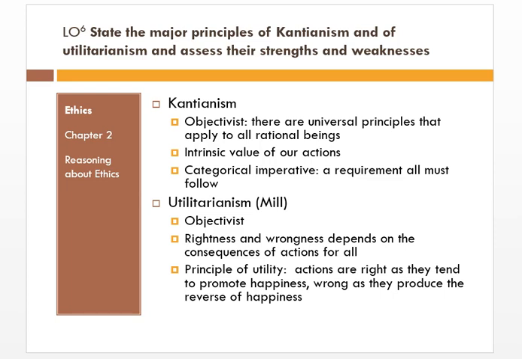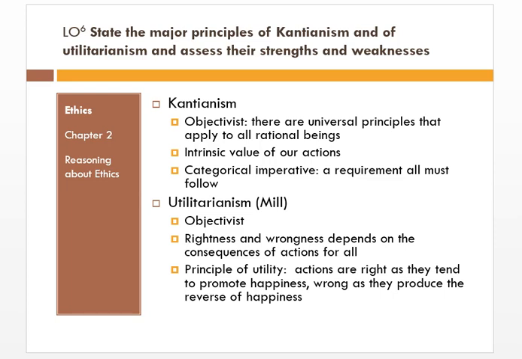Now, in the absence of any type of religious, ethical, or moral guidepost, some people who consider themselves Kantians or utilitarians adhere to a similar thought process. All right, well, I believe in the Kantian approach, and therefore I'm going to use this as my guidepost when making moral decisions. Let me try to explain these to you and give you a couple of examples and demonstrate this thought process